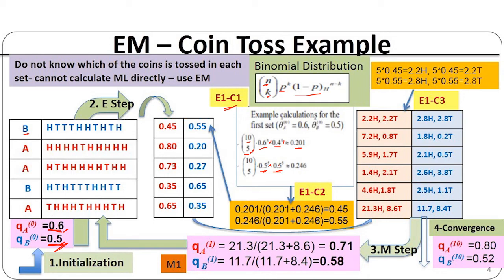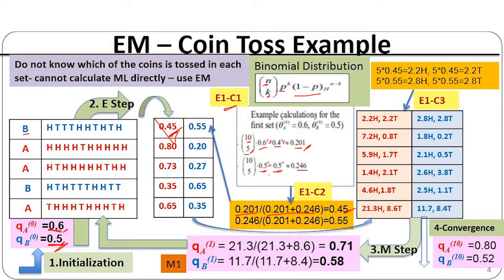So here we'll get the 0.5 power and the remaining value, here also 5, here also 5, which is equal to 0.246. Now from this value, we are going to substitute the values, whatever probability we calculated. Now we are going to find that. So this is the 0.201 for the first coin, coin A's head probability, and upon that I'm going to add the two events' probabilities, 0.201 and then 0.246, which gives 0.45. So here the 0.45 I'm going to substitute.